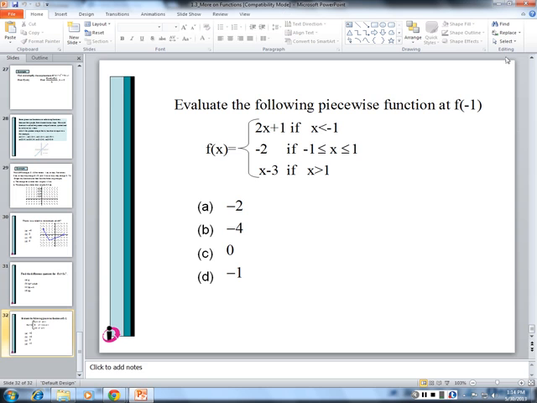So that is the end of section 1.3, but since we are a little bit lagging behind, let's see if we can start